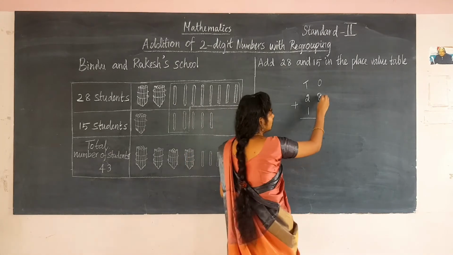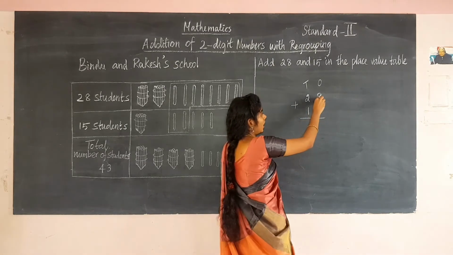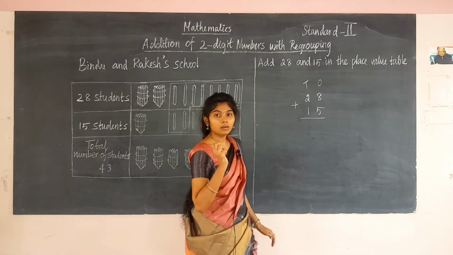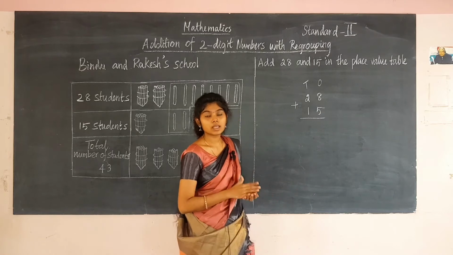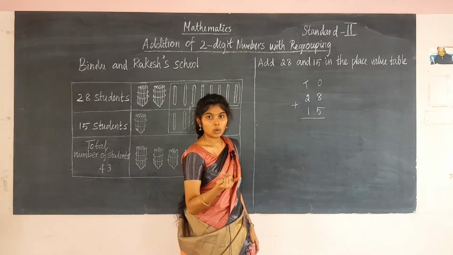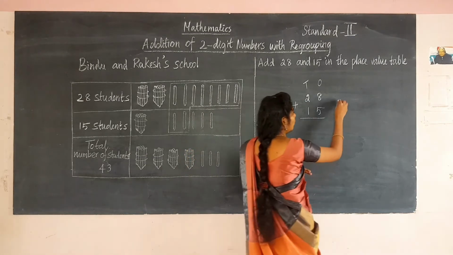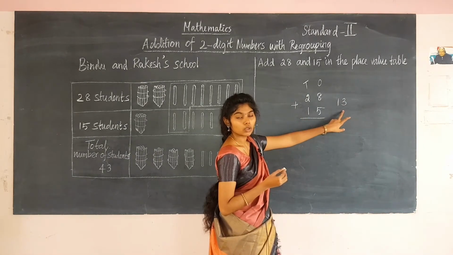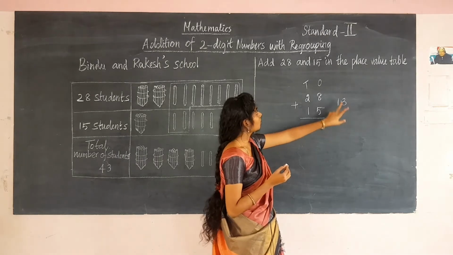So first add these two numbers, 8 and 5. First 8 in the ones place: 8 ones and 5 ones. Take 8 in your mind and take 5 in the fingers. Say after 8 is 9, 10, 11, 12, 13. 13 is a 2-digit number, so you have to write it outside. If it is a 2-digit number, write 13 outside. This is what is meant by regrouping.